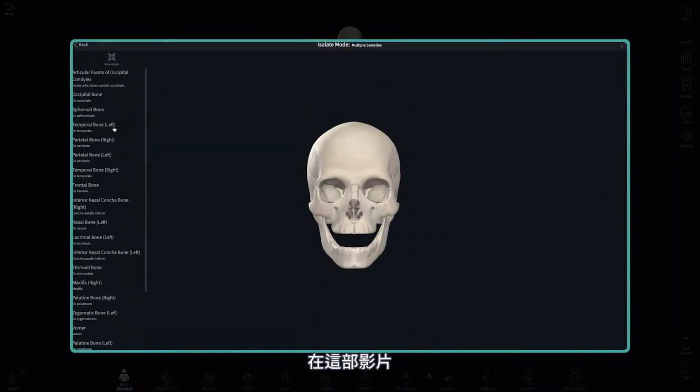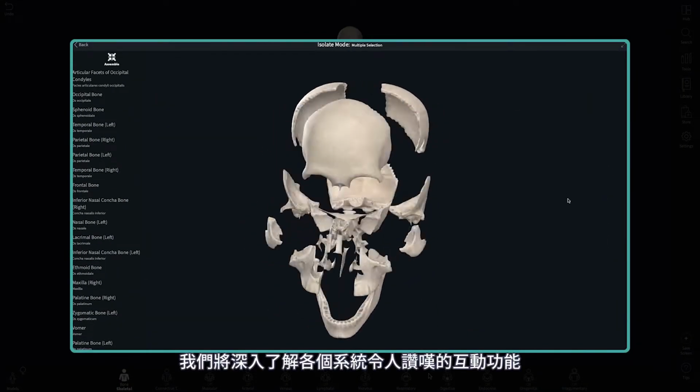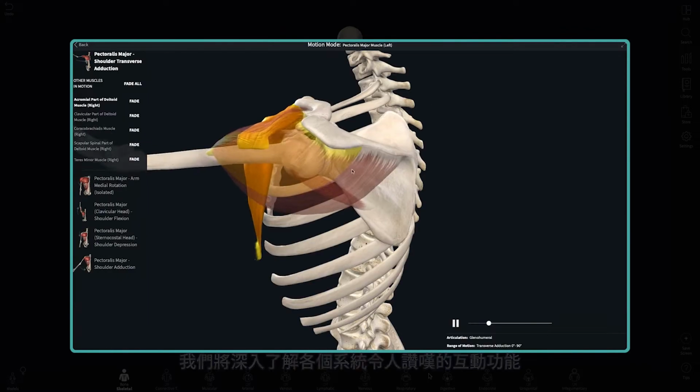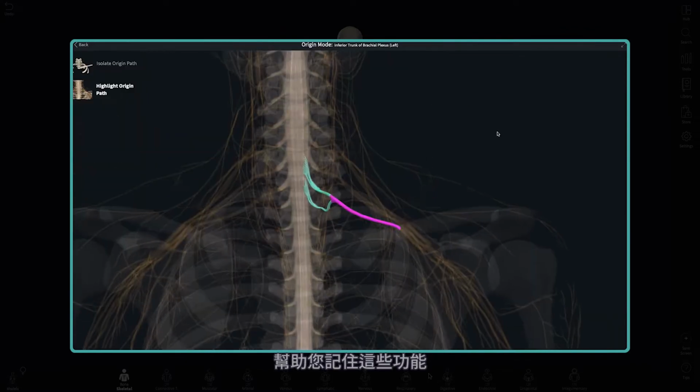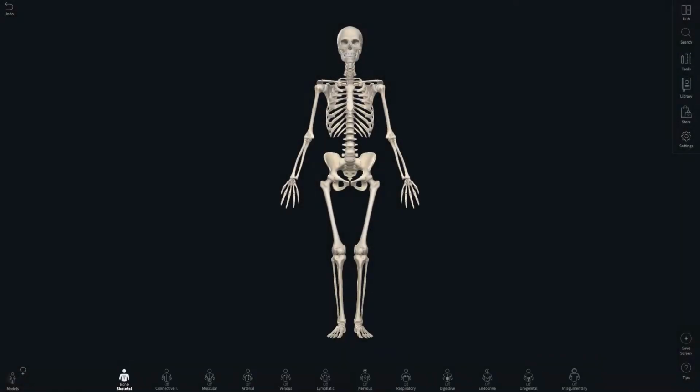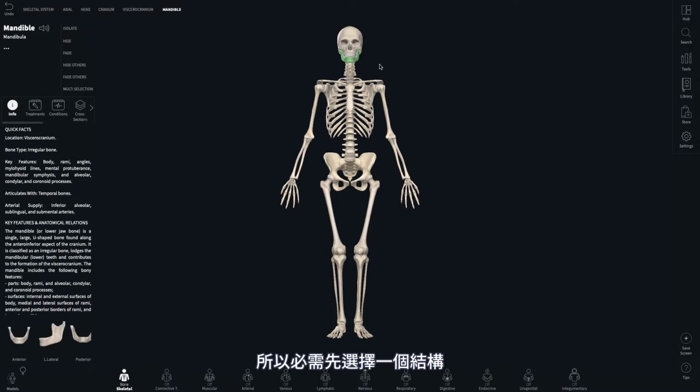Hello again. In this video we will be looking in depth at the awesome interactive features available for each system, helping you memorize their functions, and making learning more engaging. Let's get started. The first thing to note is that interactive features are associated with structures, so firstly, let's select